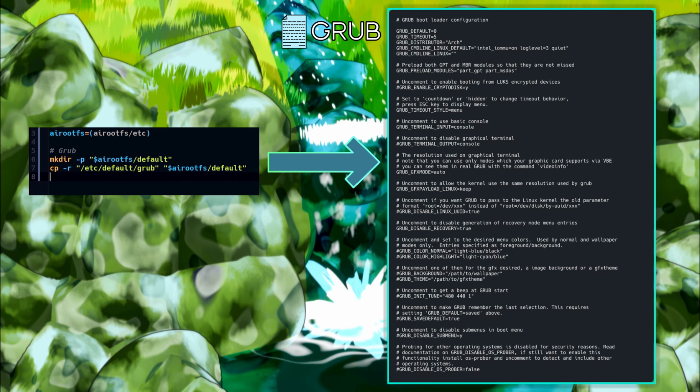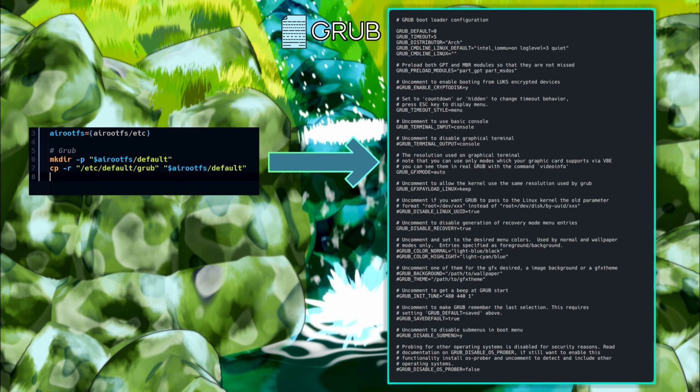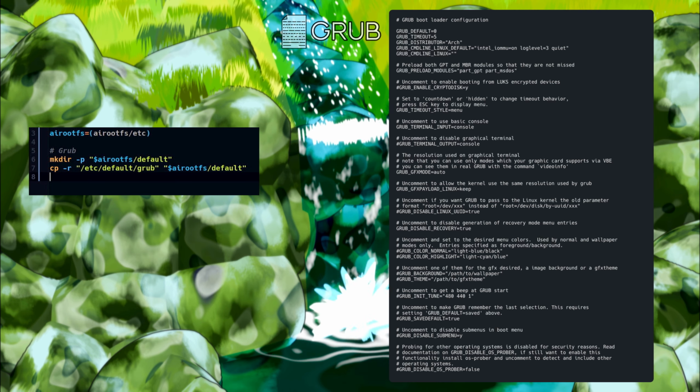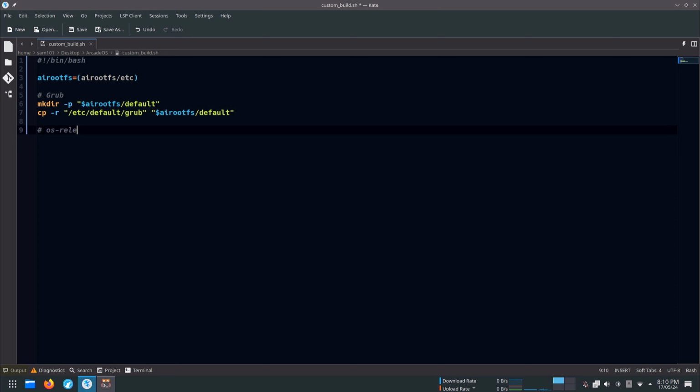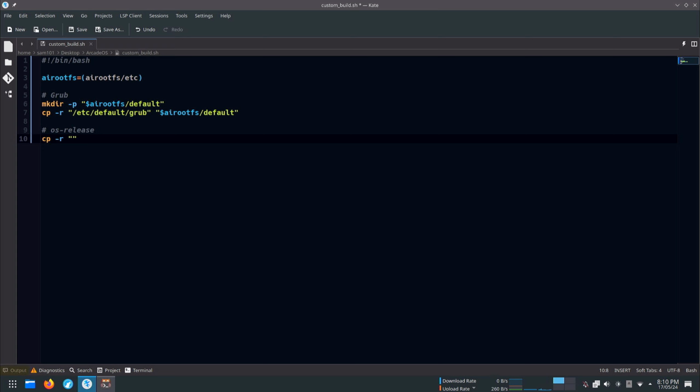This is what the default config of our grub file looks like, as shown on the right side of the screen. Our next section is os-release. Copy the os-release file inside the arootfs directory.